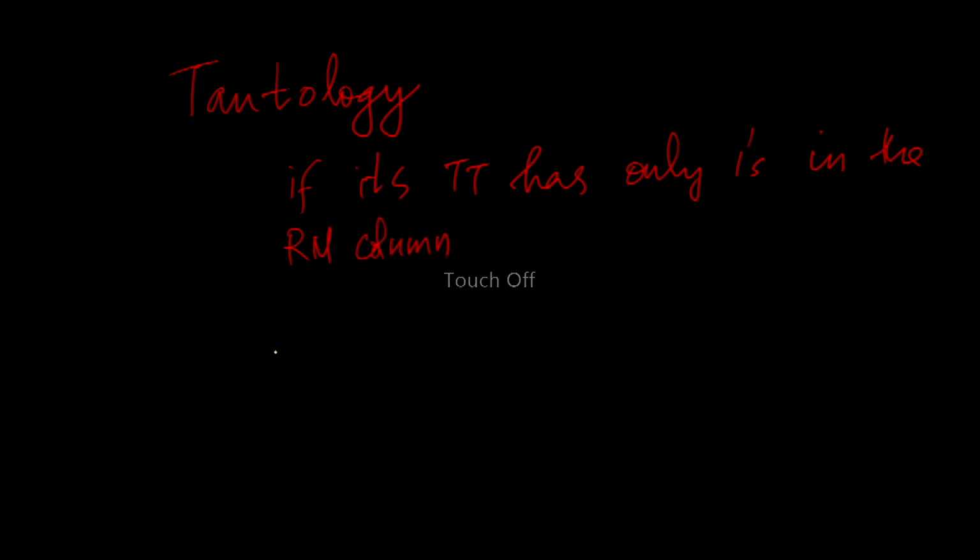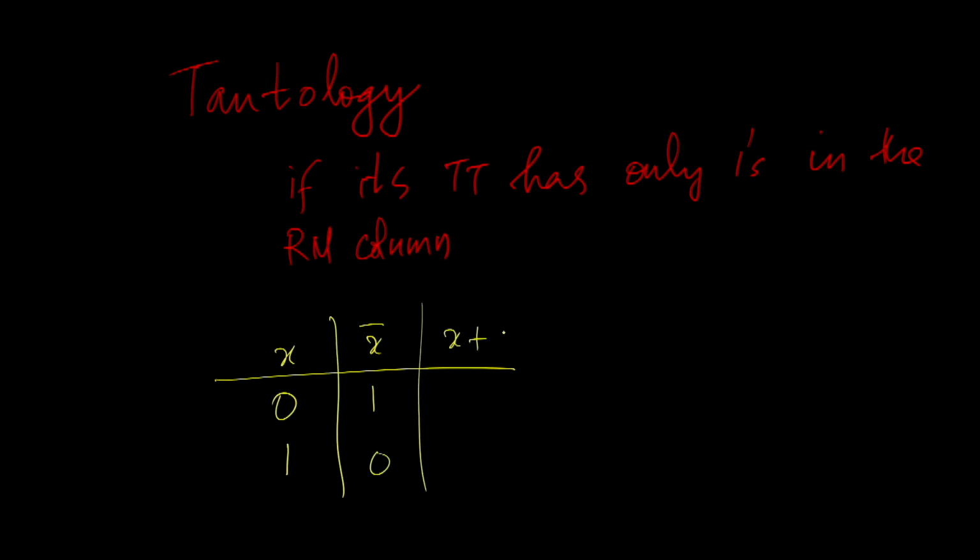If its truth table has only ones in the rightmost column. For example, let us consider x or x bar. This evaluates to 1 for every assignment to x, which means x or x bar is true